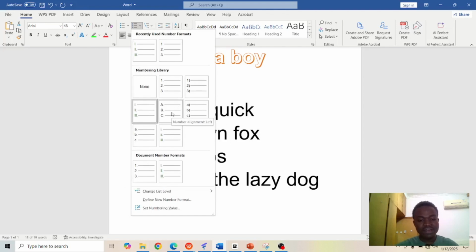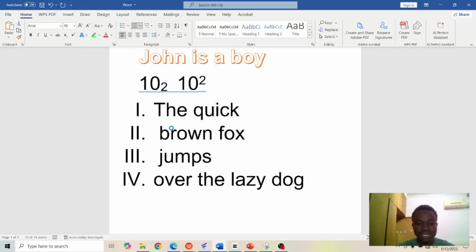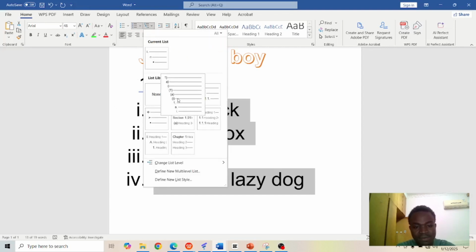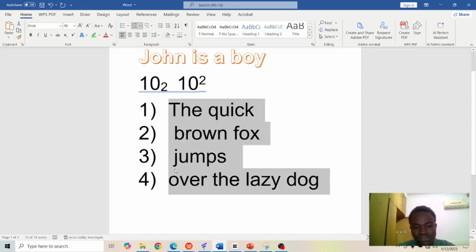So you have different types of ways to number or to make a list. So this is the area where you can do that. Here also is another type of list that you can make, you see. So this area is particularly to do bullet points and make a list of things that you want to do,